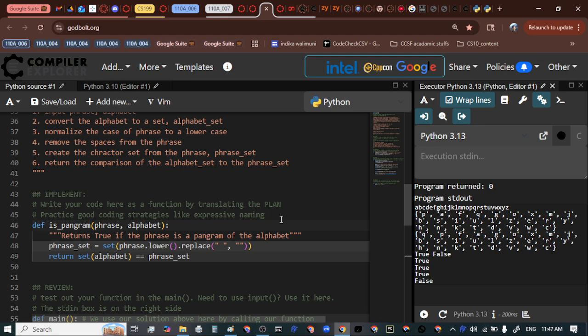Is set a reserved word? Well, it's the same color as def, so I kind of just... Yeah, that's misleading, right? It's not. It's a built-in function. Built-in functions are not reserved words